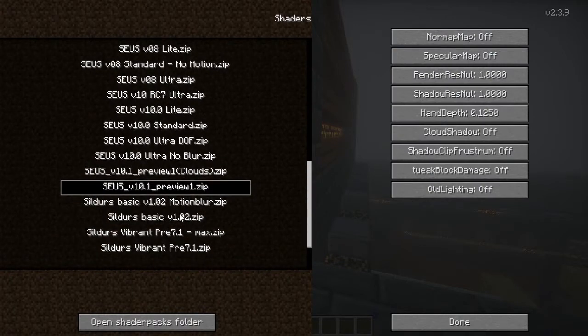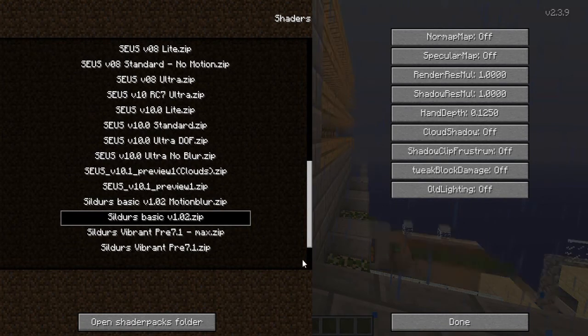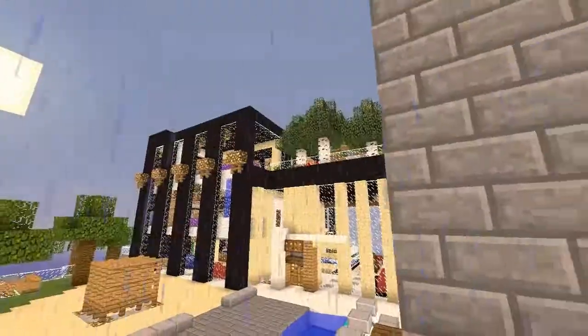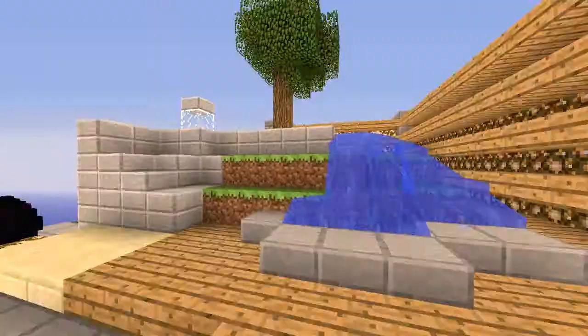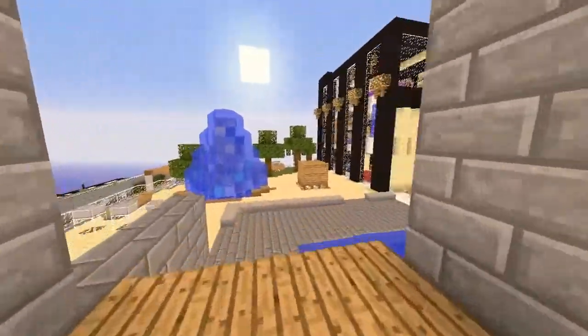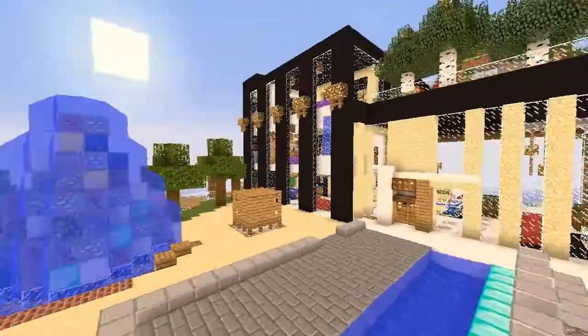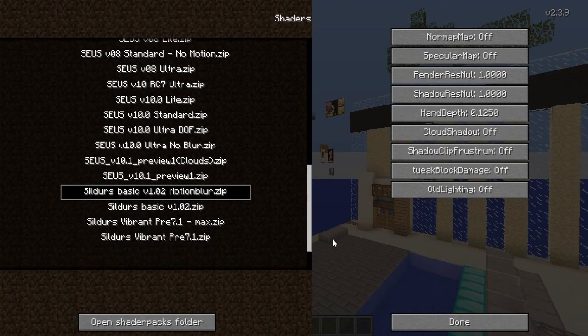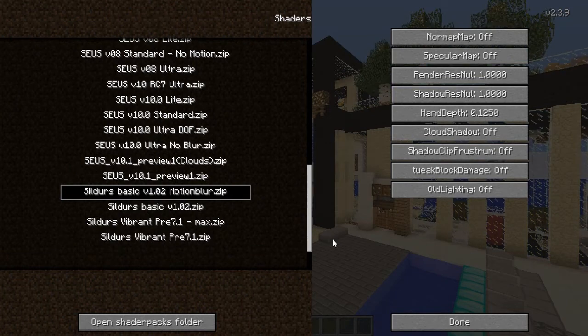So right here we have the Sitters Basic version 1.0.2s. As you can see here, they're pretty much just simple shaders. I think these are more made for Mac PCs, so Macs can run the shaders mod as well. That one's pretty simple. And then if we go over here, we have the Sitters Basic version 1.0.2s